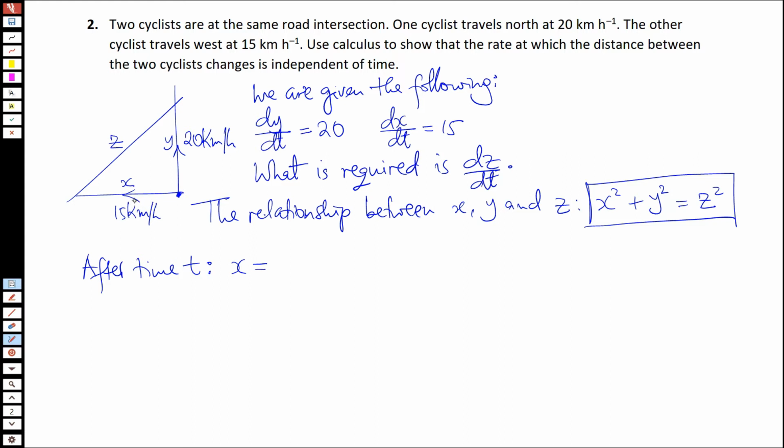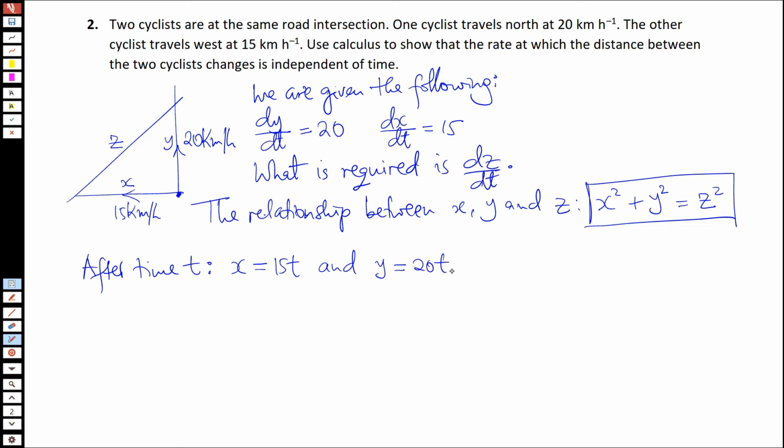So after time t, this cyclist who's traveling west would have gone 15t kilometers. So x will be equal to 15t, and y, this cyclist who's traveling north, would have gone